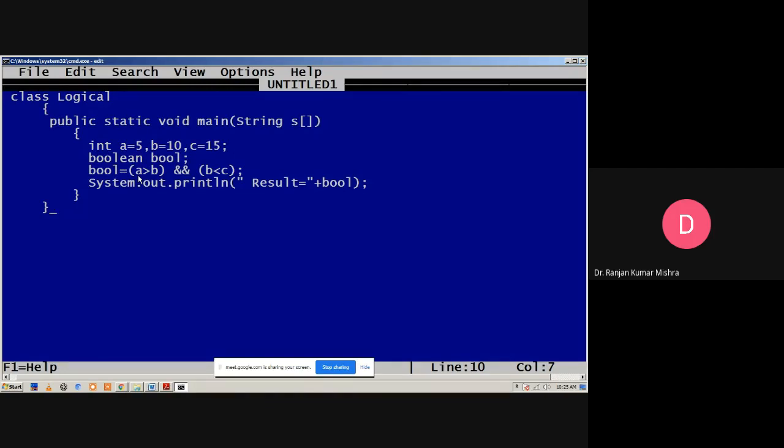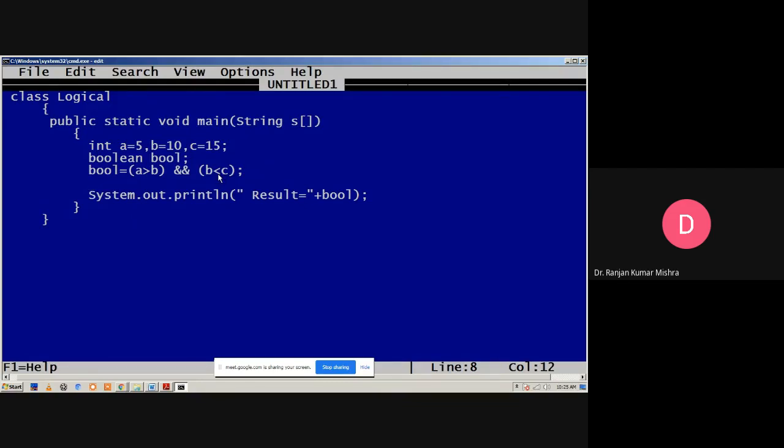Then the second condition is b less than c.